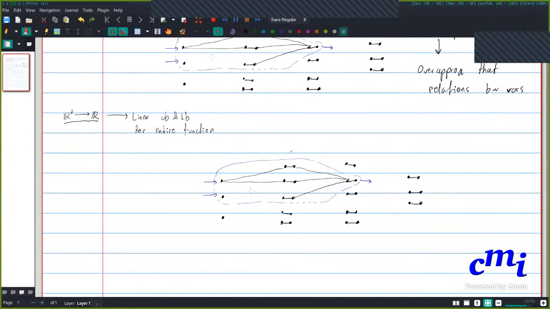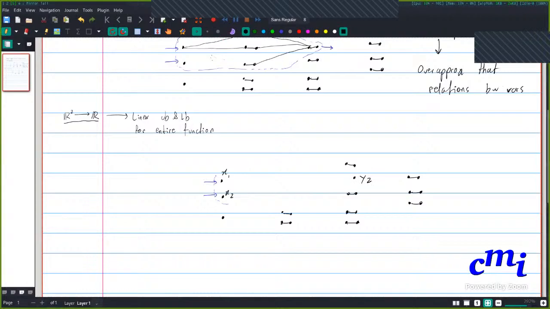Now this entire blue region will be replaced by a set of constraints, right? So if we consider these inputs as variables x1, x2, and let's say that this final output is y2, right?